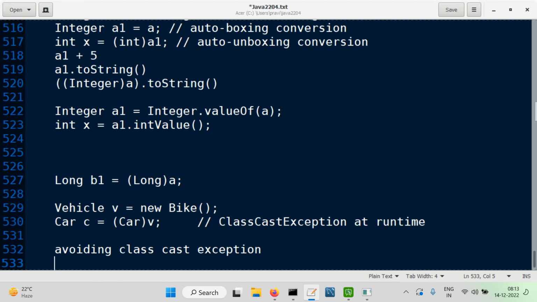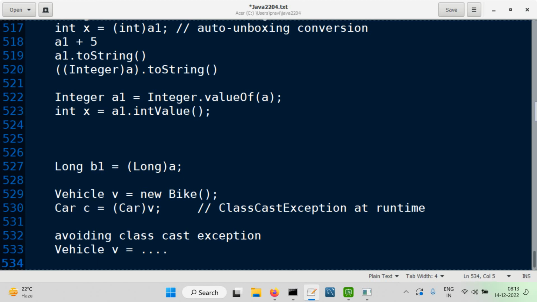What we can do here is, we understand there is Vehicle v equals, could be anything, and we don't know what it would be, but it would be something which is a subtype of Vehicle. Now I can do a check if v,